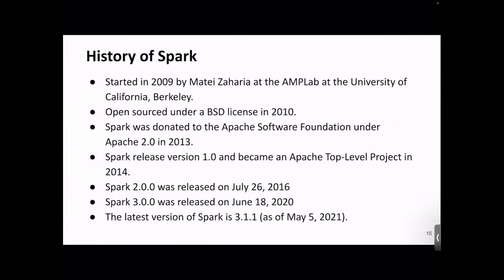So here comes a brief history of Spark. I always like to go through the history so that you can know how things evolved. I think it's good to understand how Spark came into being by looking at this brief history. It started in 2009 at UC Berkeley, and then it was open sourced with a free open source